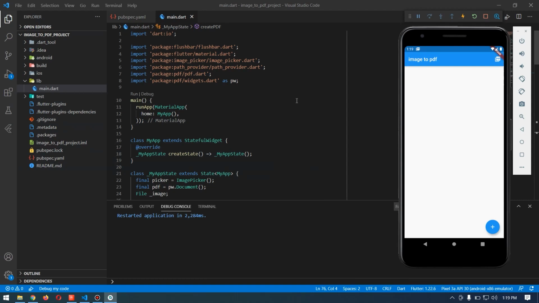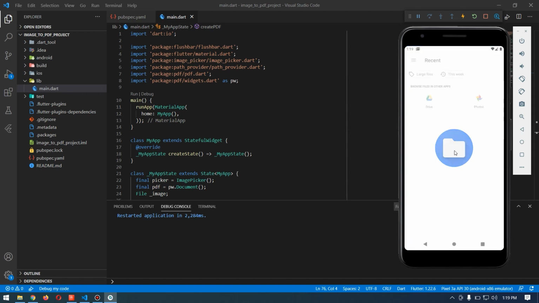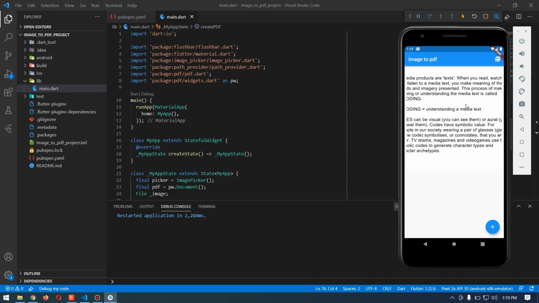In this video I will show you how to convert an image into PDF. So let's see the demo of how it works and then we will see how to implement it. This is a simple application. By pressing this button we will be able to choose the image which we want to convert into PDF. It will show up in here, and then by pressing this button it will convert and save our image